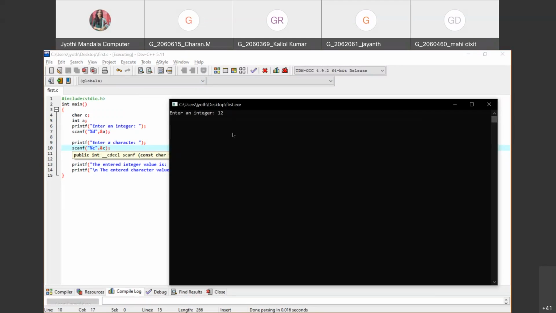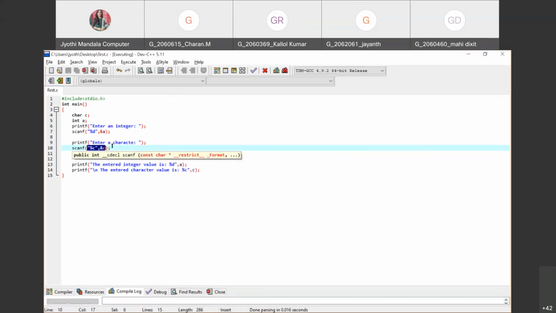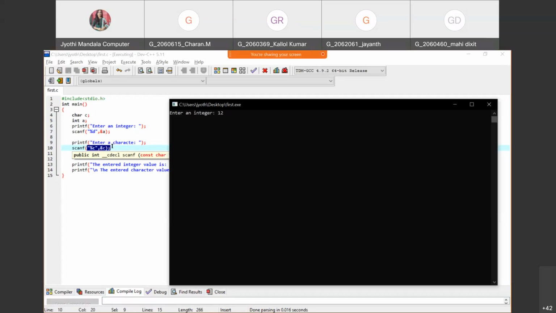The keyboard has a buffer, and in that buffer the character you give as the enter key will be stored. Now whenever a character is requested by the compiler, as in this case, the compiler will get the input from the input buffer. If anything is there in the input buffer, it will take it from there.